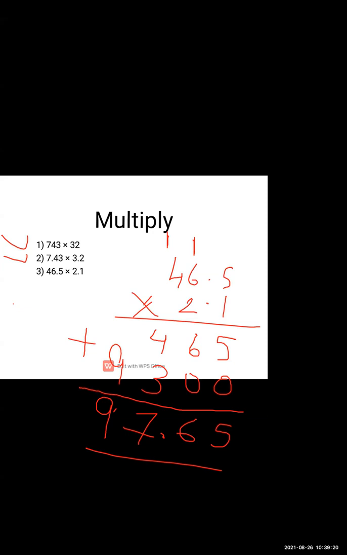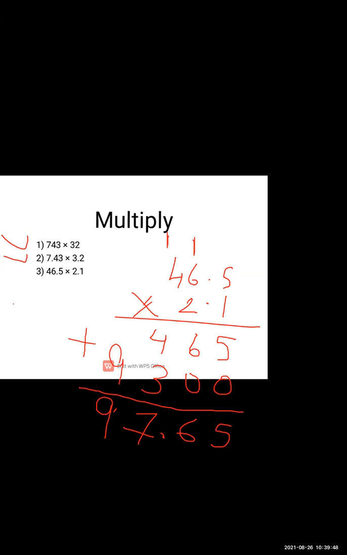So when we are counting, you have to give the decimal point after two numbers. So you have to count it from here. That is 1 and 2, 5, 6, 1, 2. After that, you have to give a decimal point. From here, it is the wrong way. We have to count it from the unit place only. So 97.65.